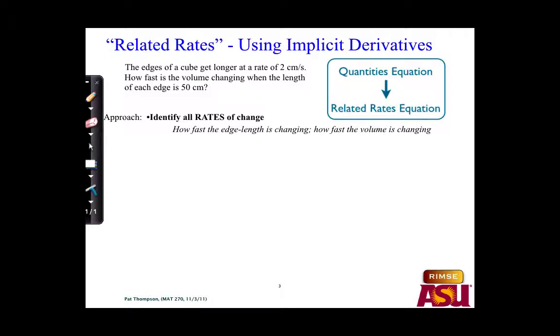So it's asking us for a rate. How fast is the volume changing? That would be a rate of change of the volume. How fast? It's kind of vague, but thinking about it over time, because the other rate that we have here